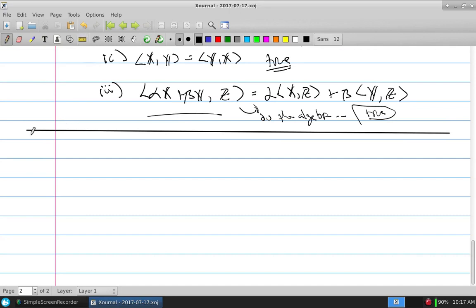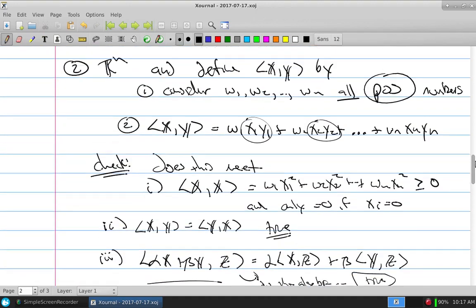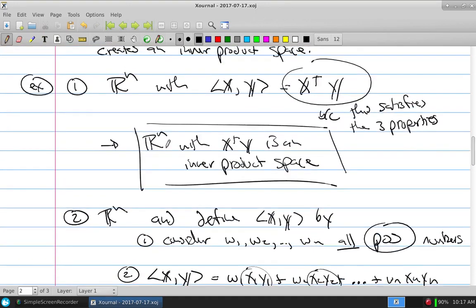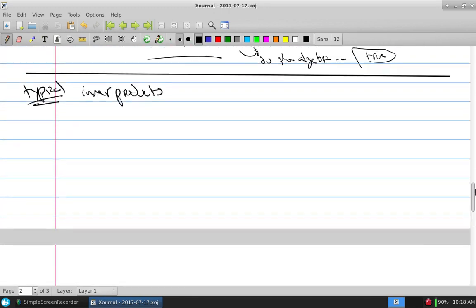And so the typical inner products that we should know for each of the spaces. These are the two typical inner products for normal Rn: the normal scalar product and the weighted scalar product. You could actually do anything you want as long as it meets those three properties. But these are the typical ones that we use. Because these are the typical ones that we use, variants of them happen on all the spaces. So for example,